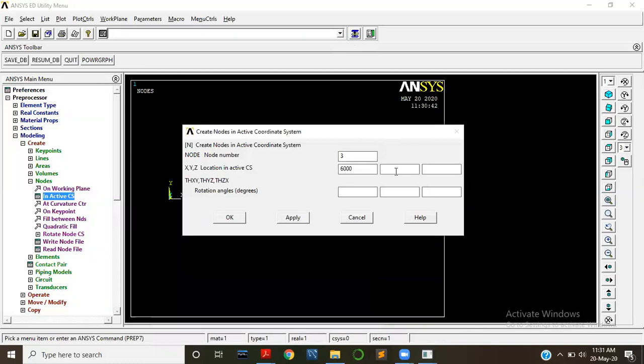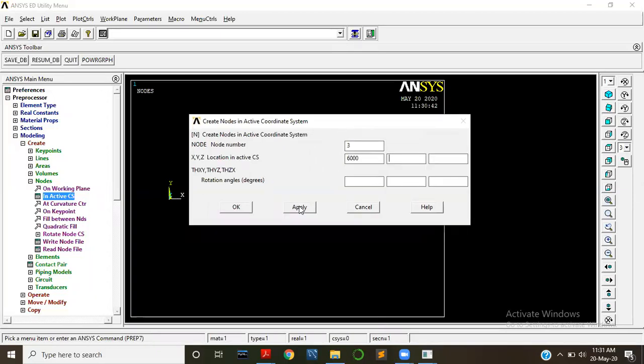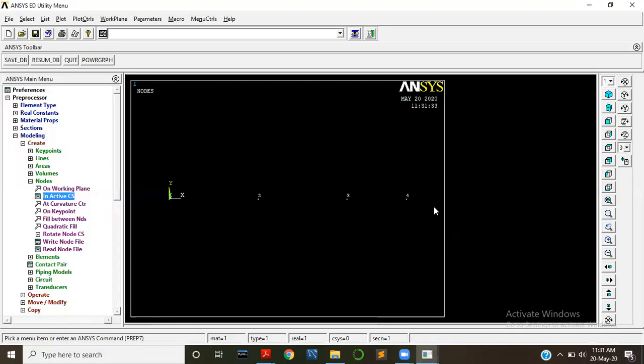So node number 3 is 6000, press apply. And node number 4 is 8000, press OK. So we have created 4 nodes over here, 1, 2, 3, 4.